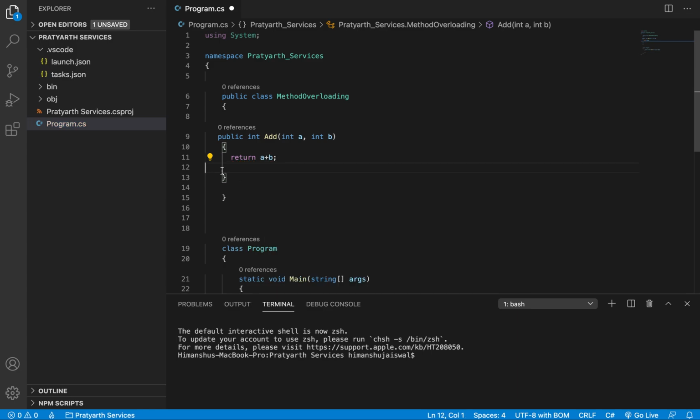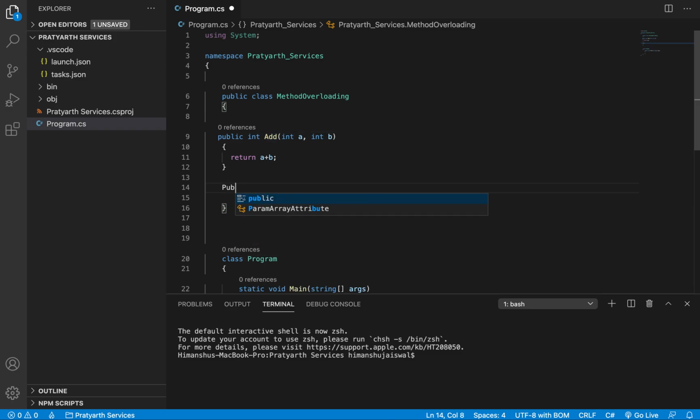Okay, now in future if you want to define the same add method with a different type of parameters, like double in place of integer, or if you want more arguments, like I have taken a and b, and in future I define a different method with the same name and the same feature, addition, but the parameters are different, you can do this.